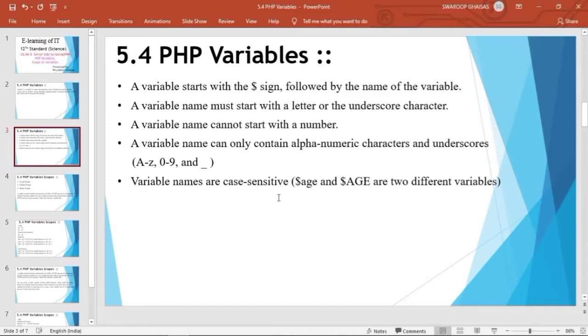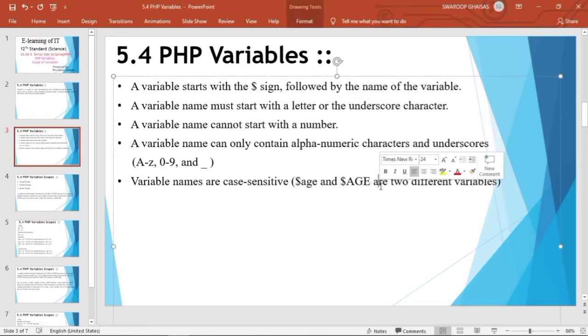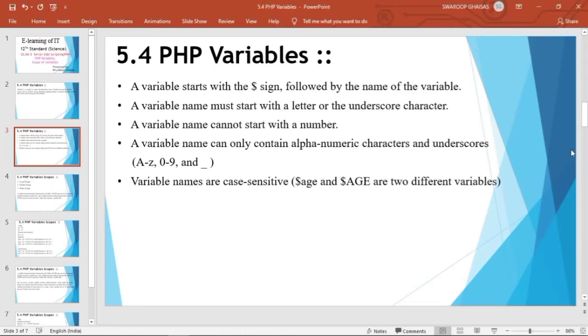Variable names are case sensitive, that is, uppercase and lowercase are treated differently. For example, if age is a variable, $age in small letters and $AGE in capital letters are two different variables declared in PHP.